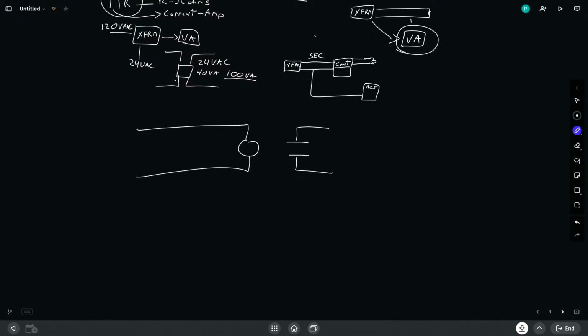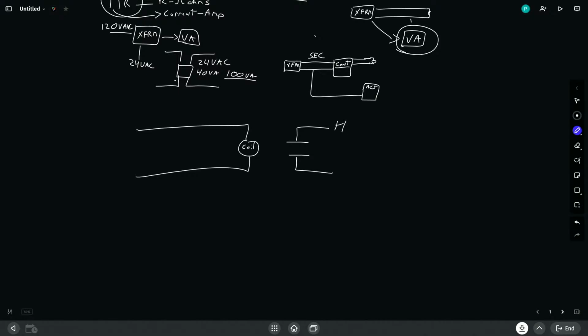So what I'm drawing on the screen right here is a circuit with a circle on it, which is a coil. When that coil gets energized, it changes the state of the contacts, which are basically metal contacts, and they open and close based on the energization of this coil. As those contacts change state, they either create a complete circuit to allow voltage to pass through, or they don't.